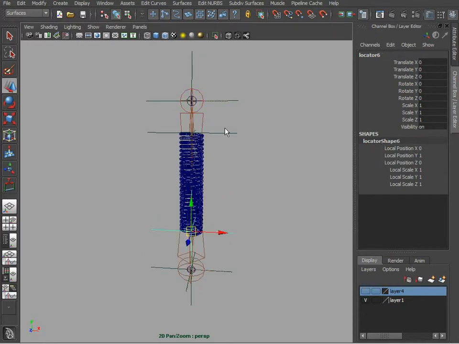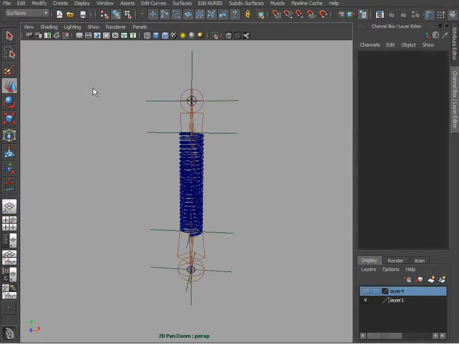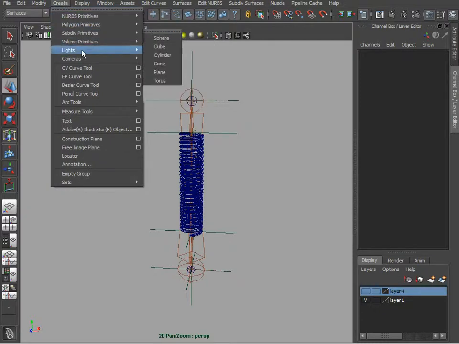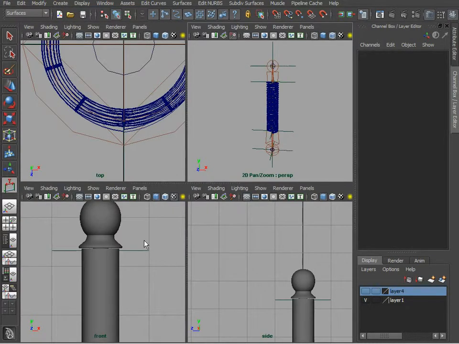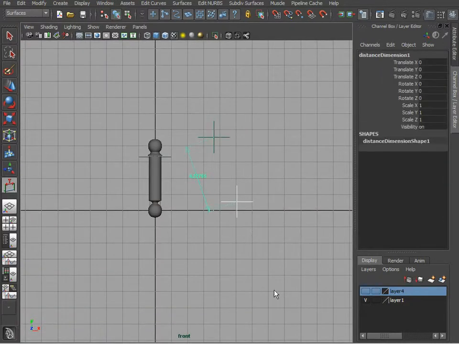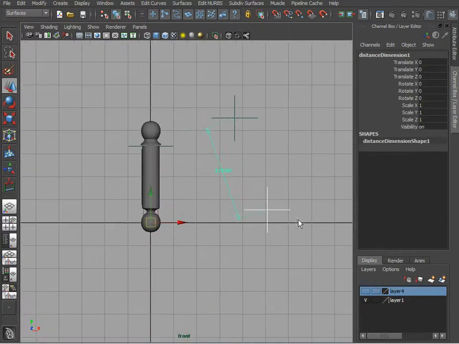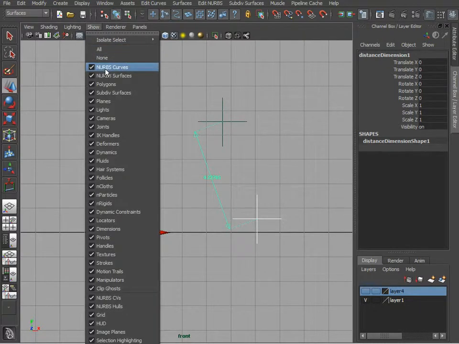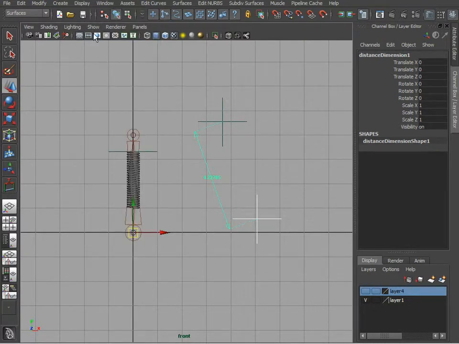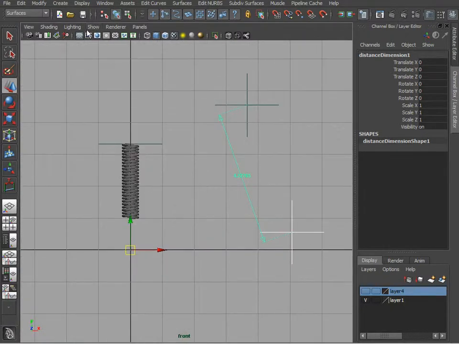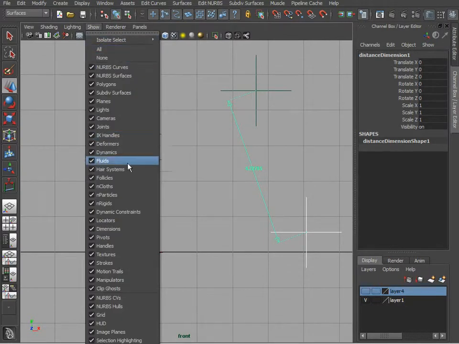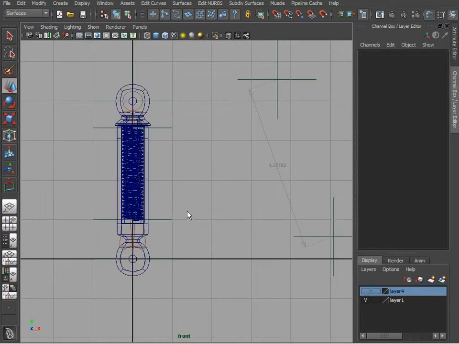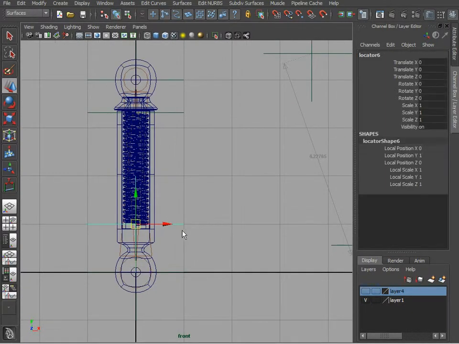What we're gonna do is we're gonna use these two locators, and we're gonna create a measure tool, distance. Let's go here. Right now I'm just gonna click two locators here in the scene, and then what we're gonna do next is we're gonna snap them to show all. Yeah, here's our